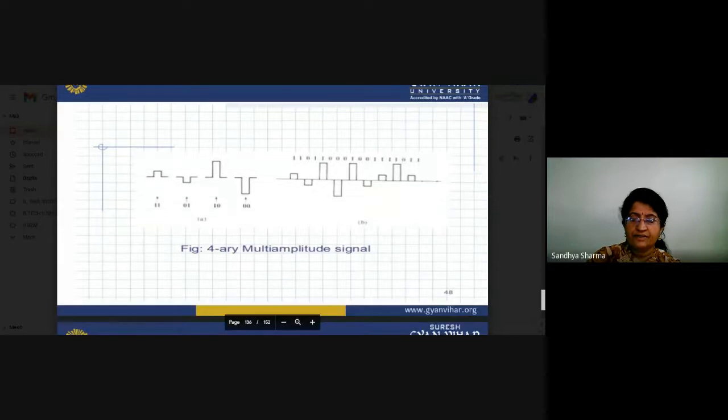So now here we can again see amplitude modulation, M-array. So there is a representation of what type of symbols we have to use. By using the different combinations of these four symbols, we can represent our large amount of data by this pattern, 4-array. So that is basically four symbols. So instead of using 0 and 1, we can use different combinations, and we can represent these combinations with different amplitude levels. So these are the finalized levels for representing the M-array ASK signals.